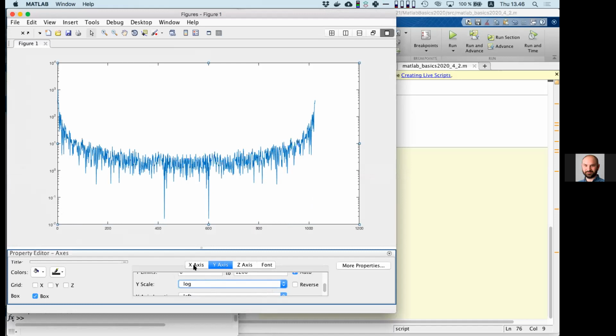I could do the same with the x-axis, and here you already see that there's even the option for the z-axis, but right now we don't have a third dimension. This is just a two-dimensional plot. We are happy with the linear scale on the x-axis. You need to scroll down a bit if you don't see it. But now it's much clearer